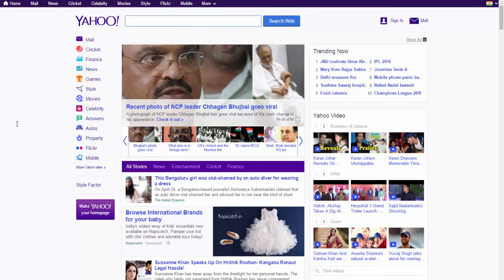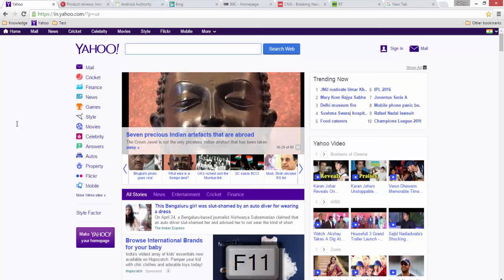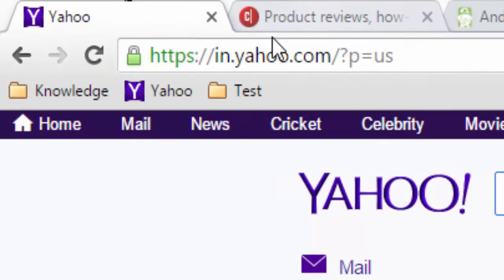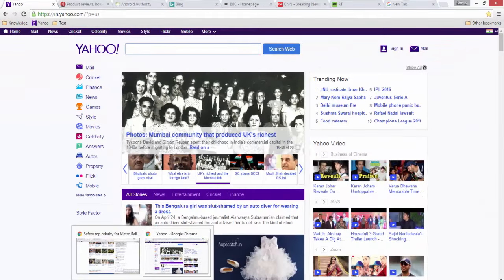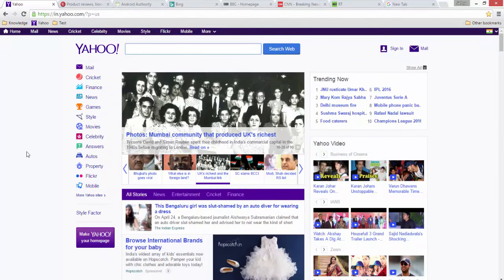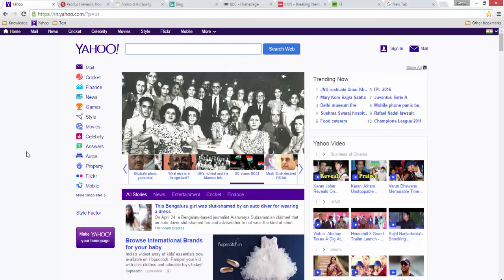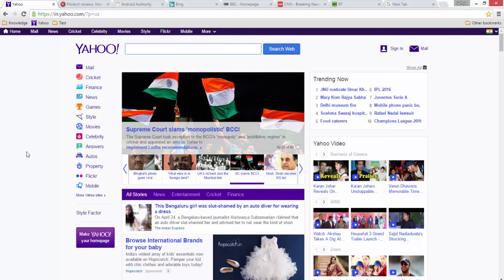If you press F11 again, it'll shrink back to the normal view. Once you press F11, it hides the tabs, the address bar, the bookmark bar, and the icon bar below, so that you can have a full screen view of a particular web page.